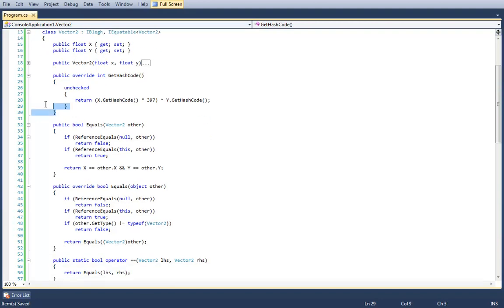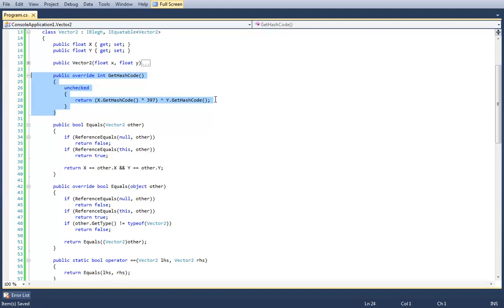Okay, so getHashCode is very important for a variety of optimizations, particularly when using stuff like hash sets or dictionaries. And I would love to get into the implementation of the actual algorithm used for hash sets and dictionaries, because that stuff's lots of fun, but unfortunately we don't have time for that.